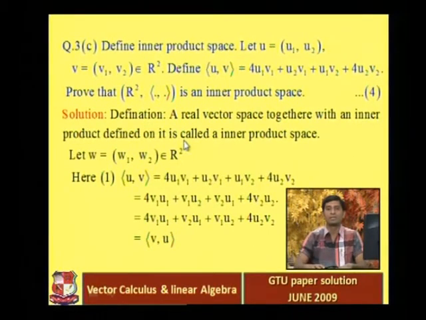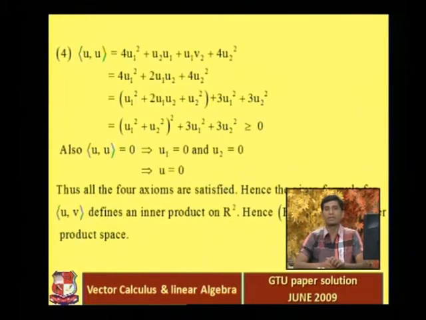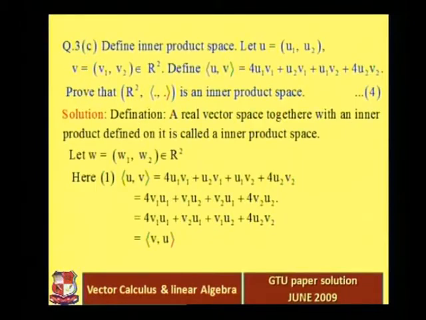Okay, so if these four conditions are satisfied, which four conditions? The inner product ⟨u, v⟩ is equal to ⟨v, u⟩, that is the first condition. Then ⟨u + v, w⟩ is equal to ⟨u, w⟩ plus ⟨v, w⟩. Then ⟨αu, v⟩, where α is any scalar, can be expressed as α⟨u, v⟩. And the last one is that ⟨u, u⟩ is always greater than or equal to 0, and if ⟨u, u⟩ is equal to 0, then u must be the 0 vector. Okay, so if these four conditions are satisfied, then we can say that the given set is an inner product space.